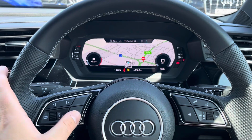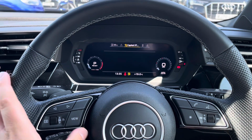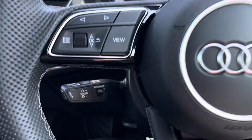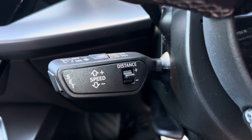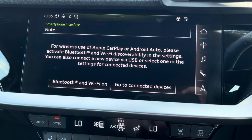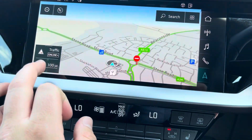The virtual cockpit can be configured to your preference using the left side of the multifunction controls. On the right is your volume and voice control, so there's mid-journey phone calls, and underneath to the left your adaptive cruise control and speed limiter for those longer motorway journeys. The central touchscreen display keeps you effortlessly connected with Apple CarPlay and Android Auto, DAB and FM radio stations, or